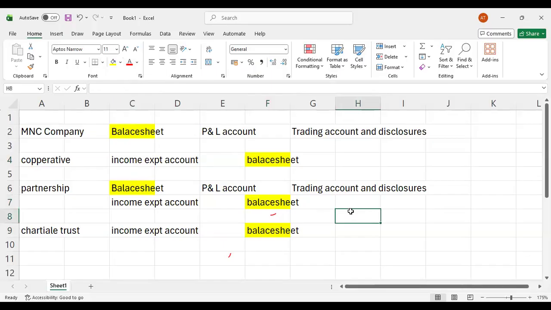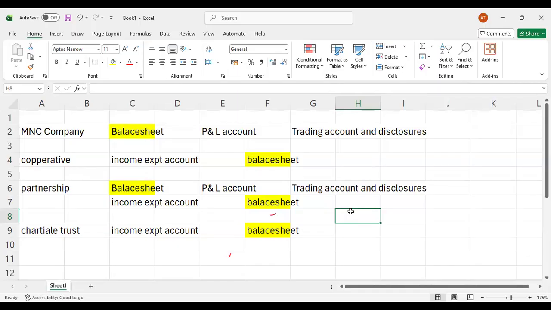What changes sometimes is that instead of income, I make P&L and trading account. When I'm dealing with a trading firm, where production activity is going on, more dealing is done about income and expenditure, whereas most of the time, profit and loss account and trading account are considered to be part of